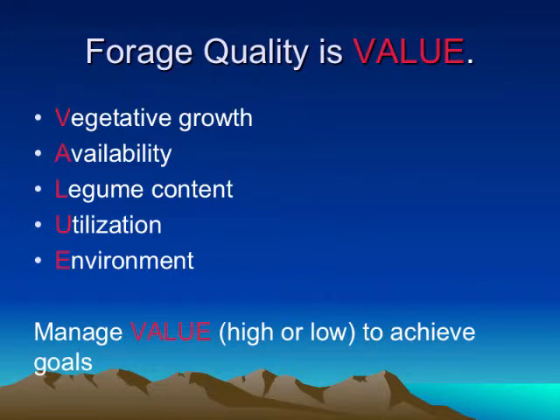Think of forage quality as value. Value is vegetative, available, legume content, utilization, and environment. We manage value, it might be for high value or low value, to achieve our goals. Now, a lot of times we want high forage value, but sometimes we can actually have forage value that's either higher than our needs or detrimentally high. Vegetative. This is a nice vegetative pasture, high quality pasture. We have our grass, we have our legume, and we have our forb, which we often call broadleaf weeds,